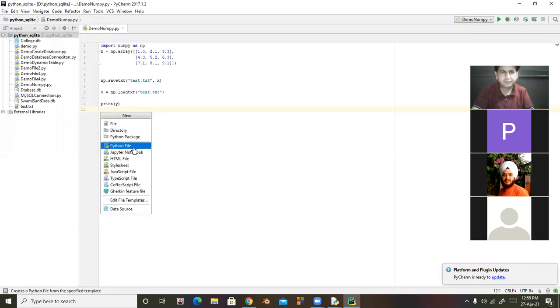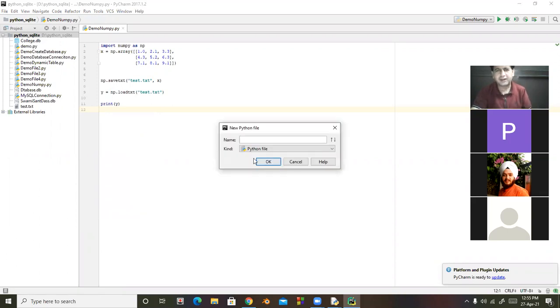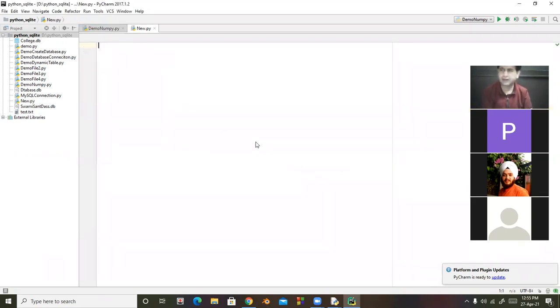So new file, Python file. After that, give the name of the file, then give the commands, just the same commands.